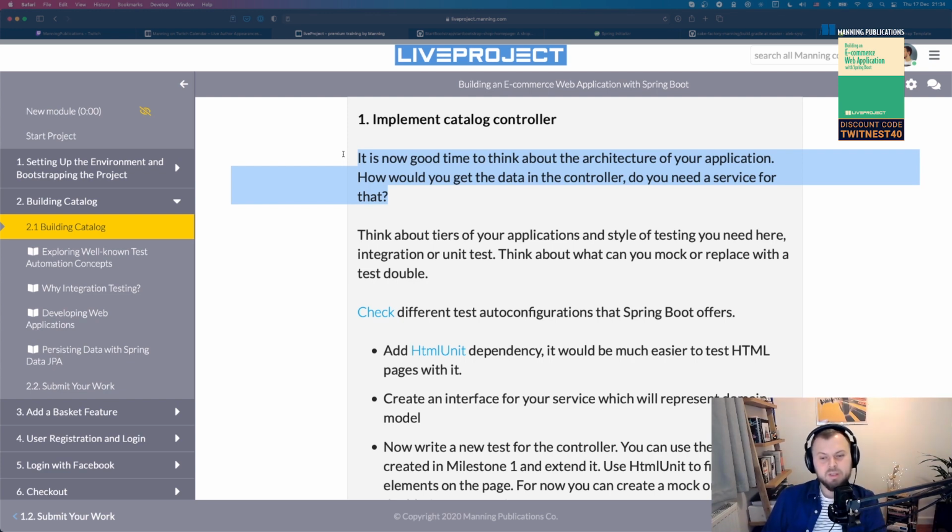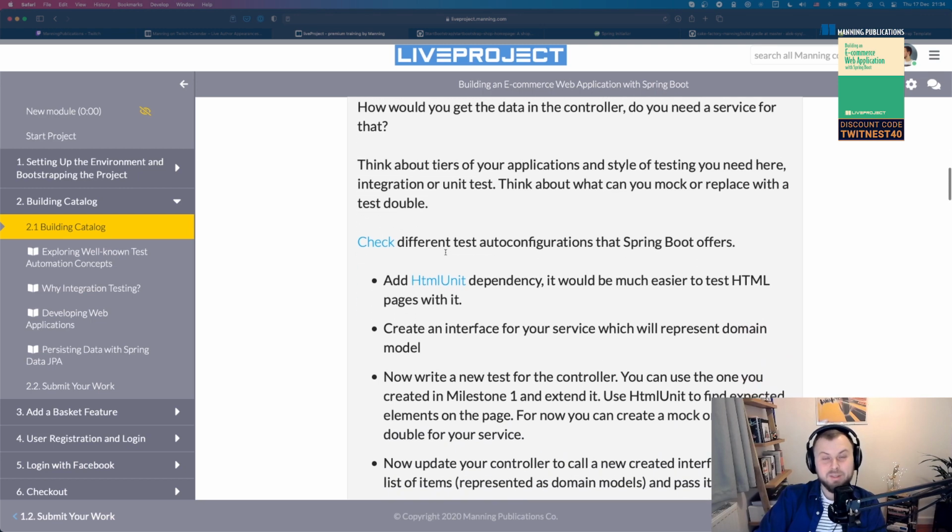You would expect the first step to be adding a Postgres database driver, adding Spring Data JDBC or Spring Data JPA or one of the database access technologies provided by Spring. But that's actually not it. The first step is actually to write a test.